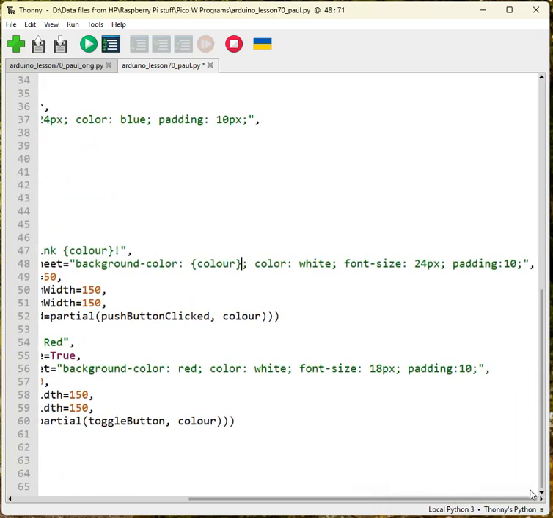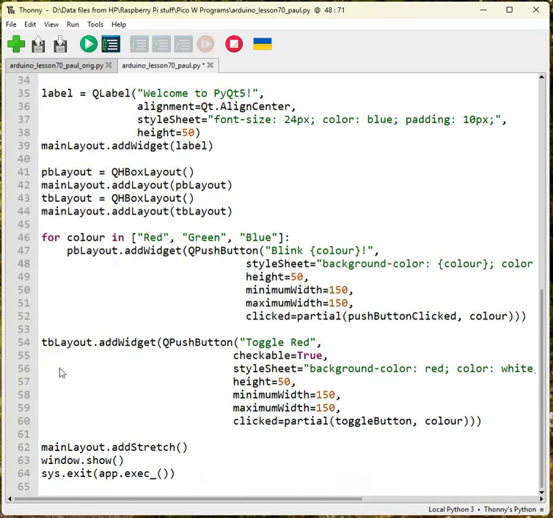And then I would hope everything will work. We have to do the same again because I haven't defined colour anymore. We have to do the same again for the toggle button. So for colour in colour,